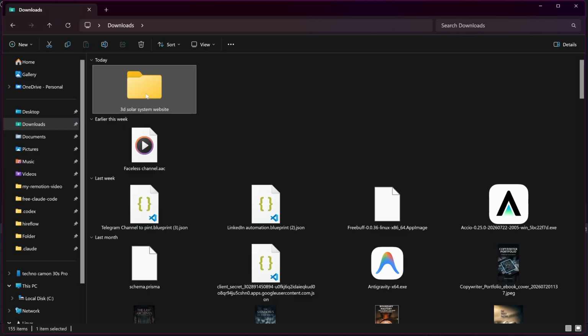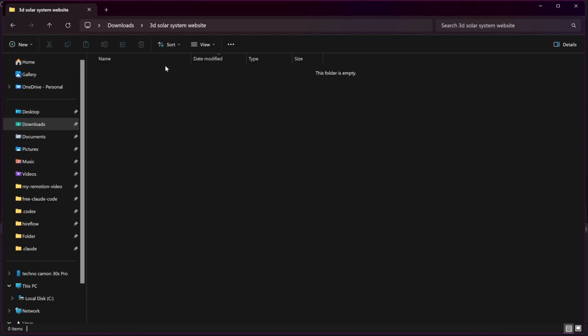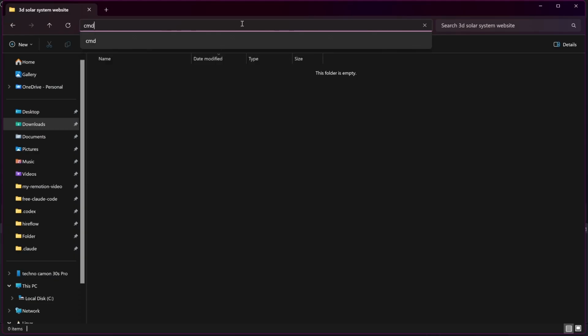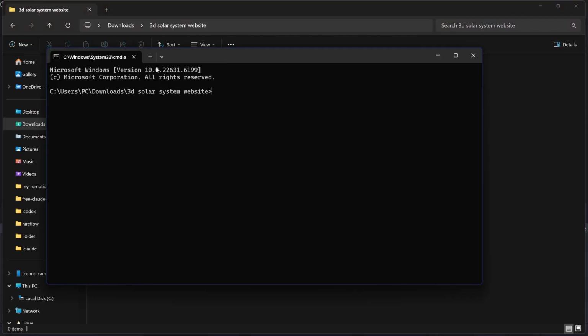So now I'm going to open this folder. Nothing is inside it. Just click on this search bar, delete everything here, and type cmd. That is your command prompt. Just type cmd if you are on Windows, and press enter. It will pop up your command prompt, directly in that folder where you want to create your website. So since I want to create my website inside this